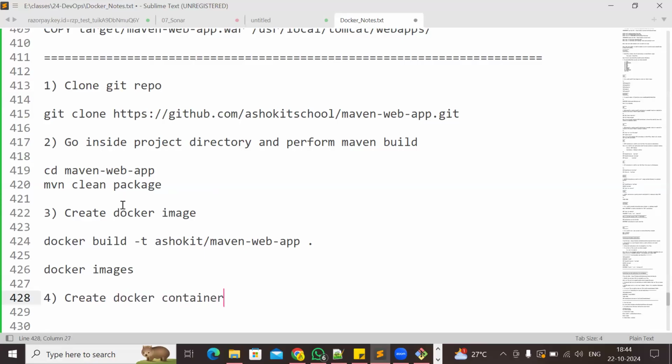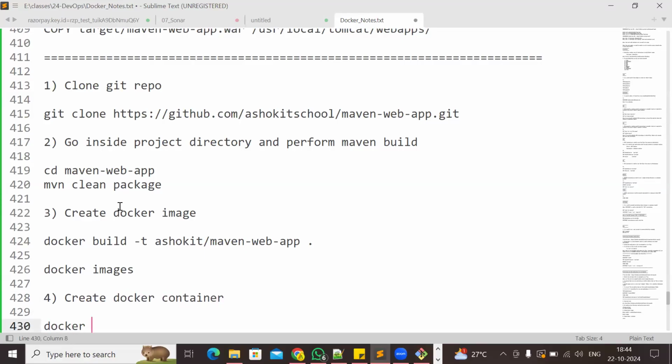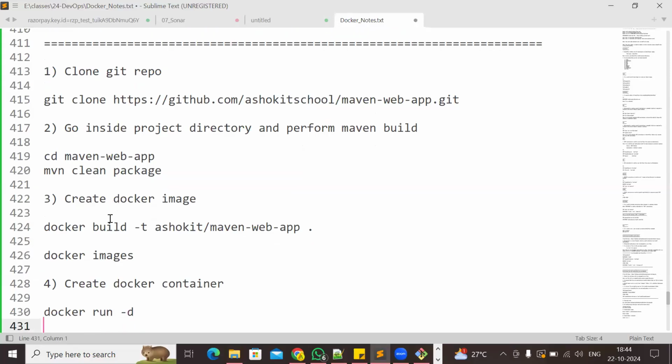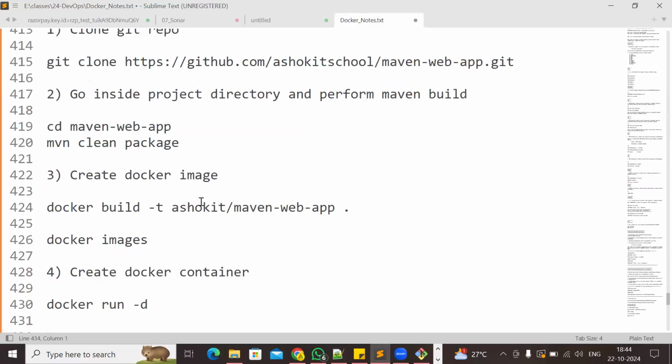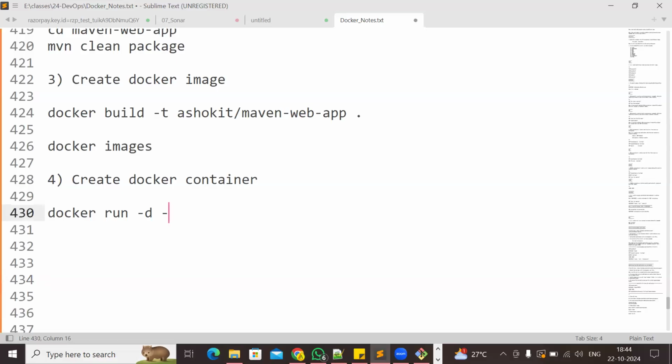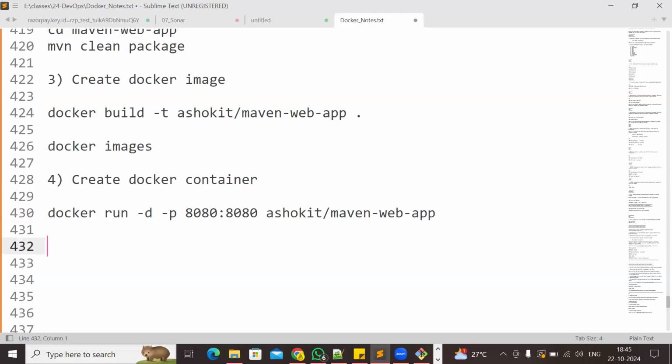To create a Docker container, I'm using the docker run command with -d and -p for port mapping 8080, followed by my image name, which is the Maven web application. Once this application is executed, access the application